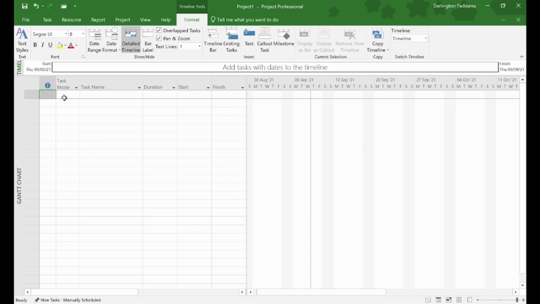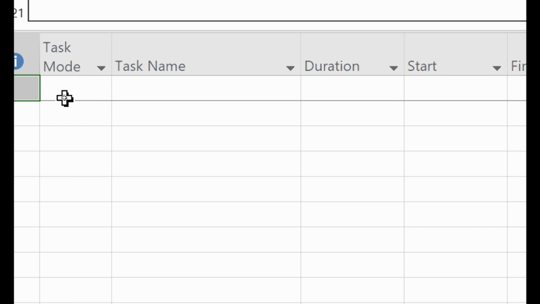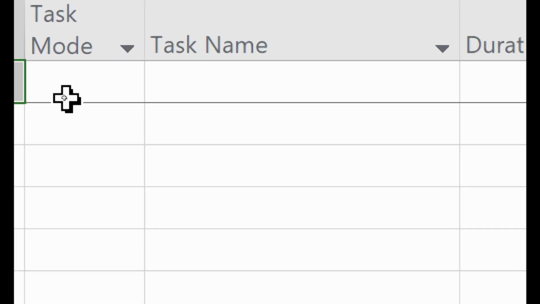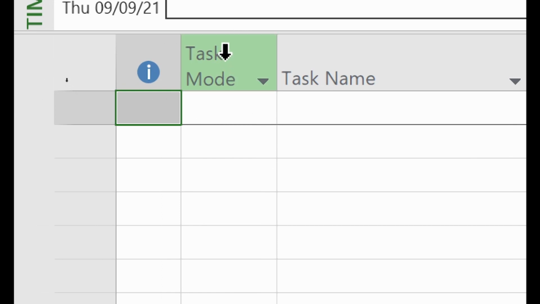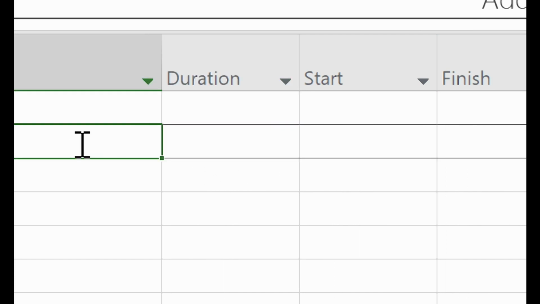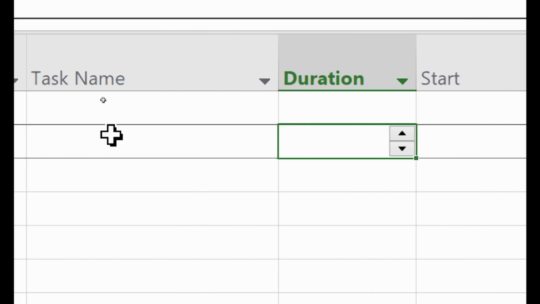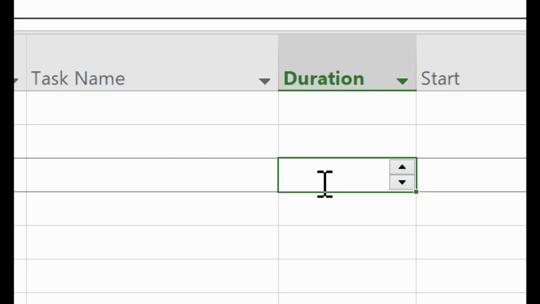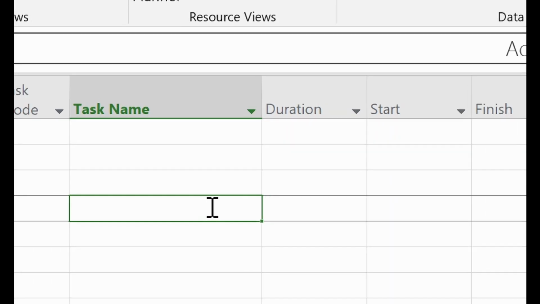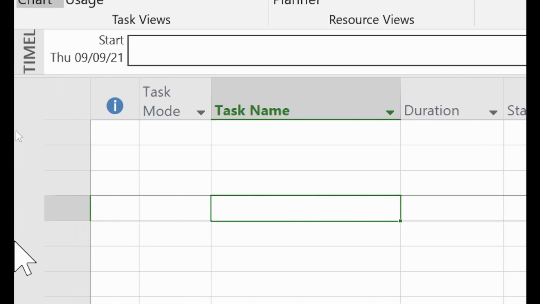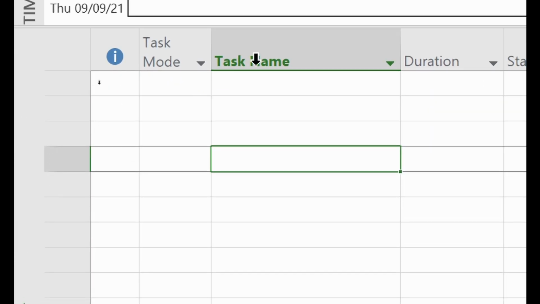Before we do that, in the Gantt charts, when you zoom in, you can see that we have some headers here, and inside here we have some boxes. If you have used Excel before, you see that they look similar, but this is not Excel at all. Okay, now you have to understand that